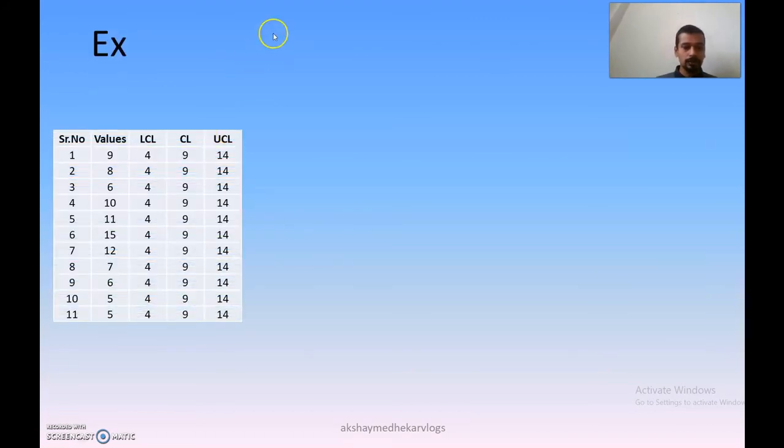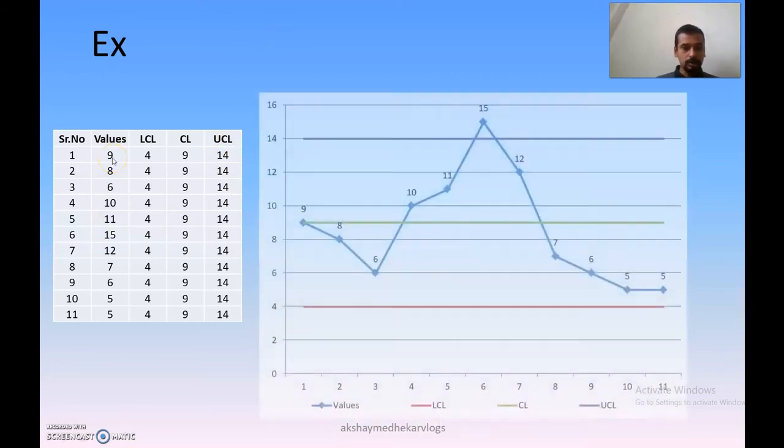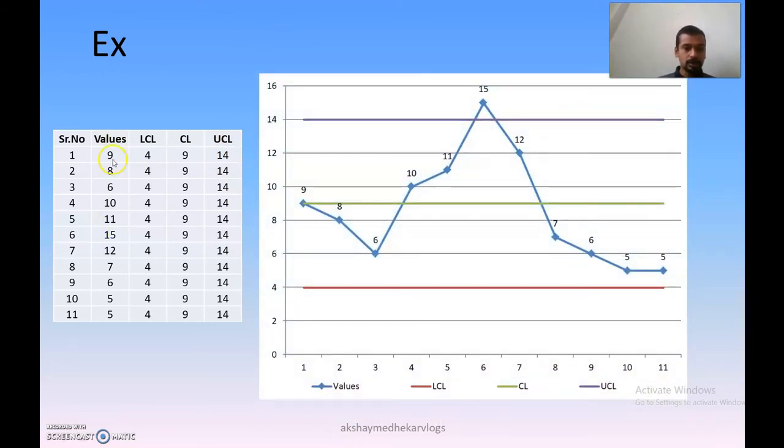So we have some values, 9, 8. We are getting them from the shaft value. So our specification is 9 plus minus 5. So we can get the upper specification limit as 14 and the lower specification limit as 4. So we are getting this value, shaft OD we can consider. So we are getting this shaft OD in the shift.